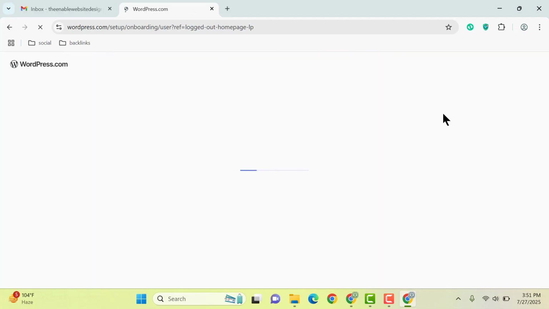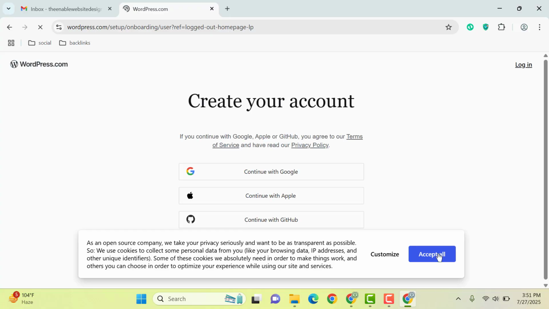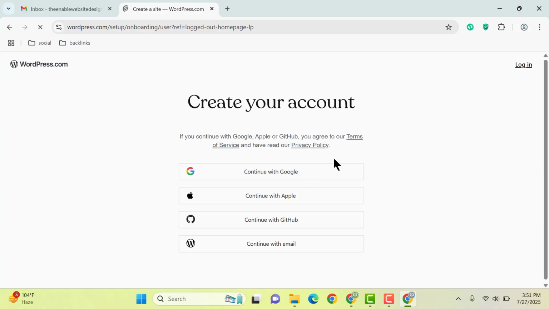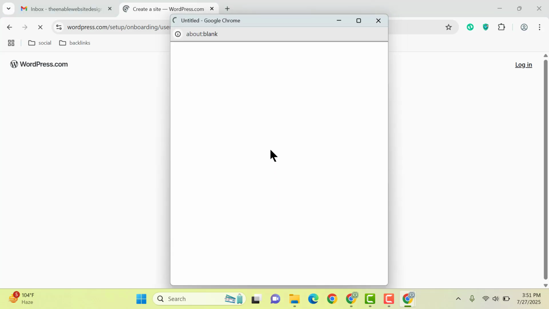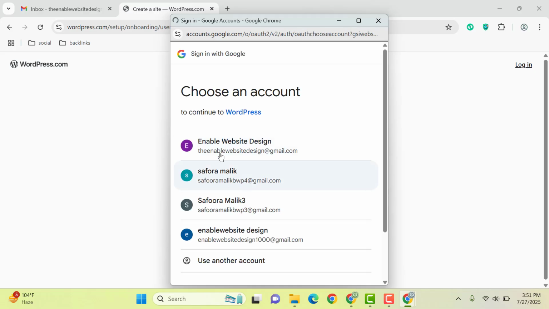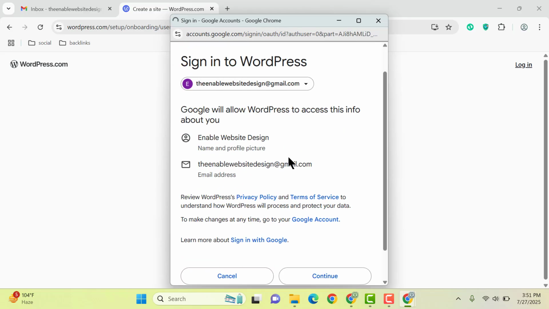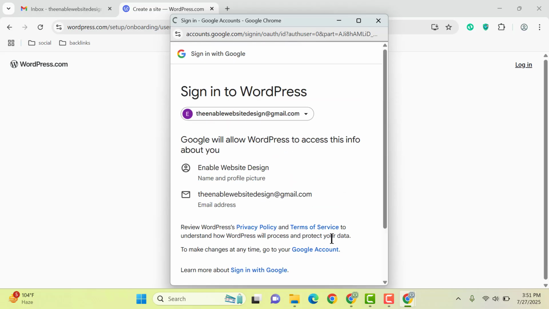And here you can create a free website using a subdomain. Simply you can go and click on Continue with Google. And here you need to create a free account, so let me select one of the emails, this one, scroll down, click on the continue button,